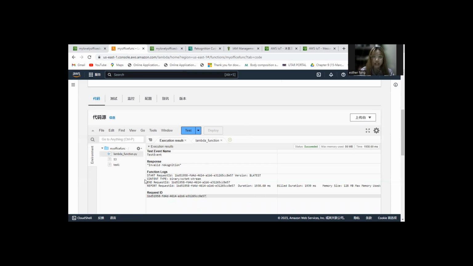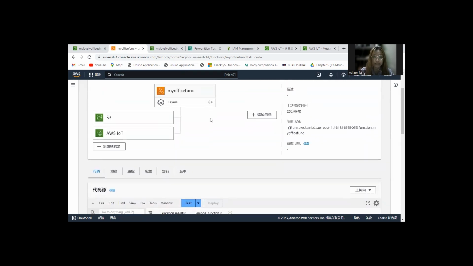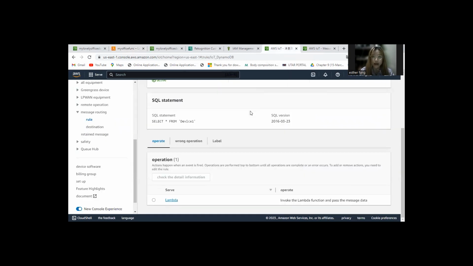In the AWS Lambda, I have triggered the AWS IoT, and the message was sent to the AWS IoT by creating a rule called the Lambda. The message has successfully been sent to the sensor of the door through the internet, so the door can decide whether to let the person enter the office or not. That's all for my part.